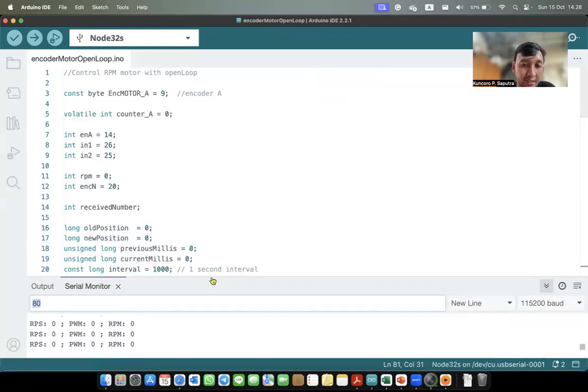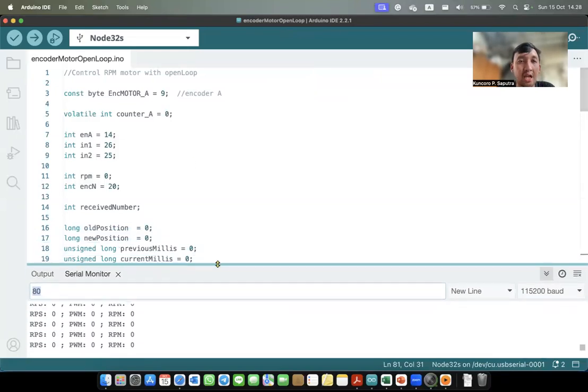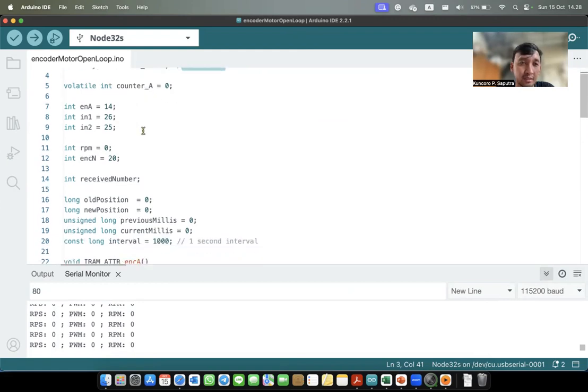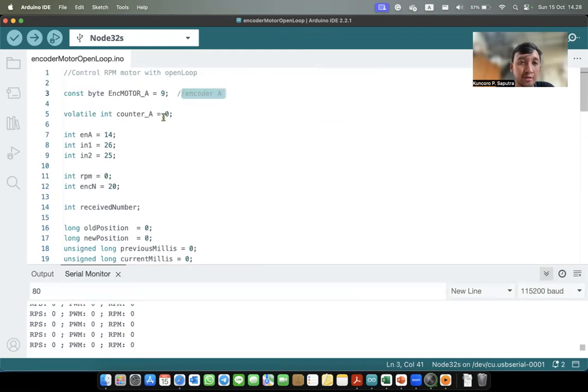To achieve this objective, I already wrote the code. You can see that first, I create ENC motor A using GPIO 9 for the encoder sensor, and I create a variable counter A, initialized with a 0 value.